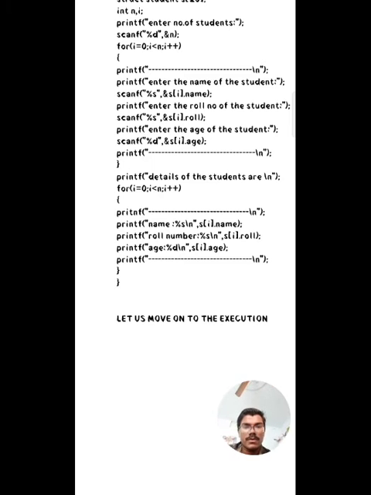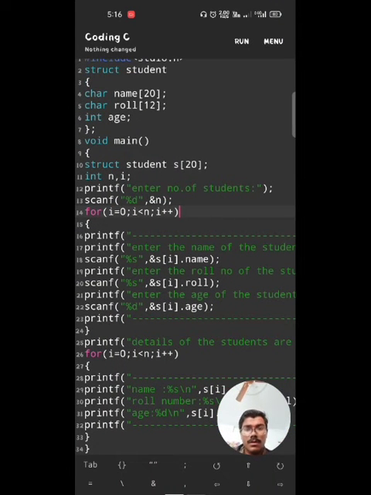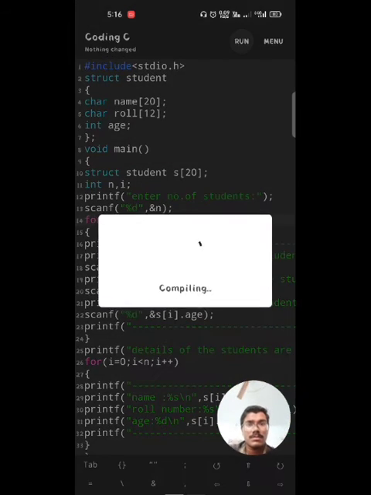Let us execute the program we have seen. Here is the program we have seen now. Let us run it. For example, we take 5 students, and then a name.